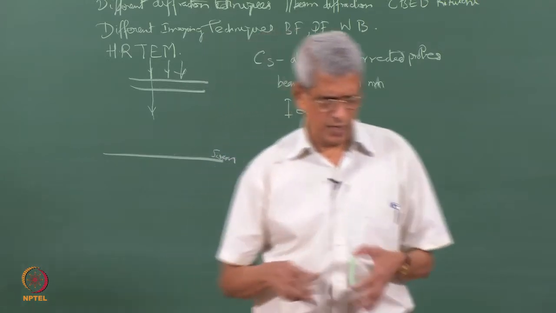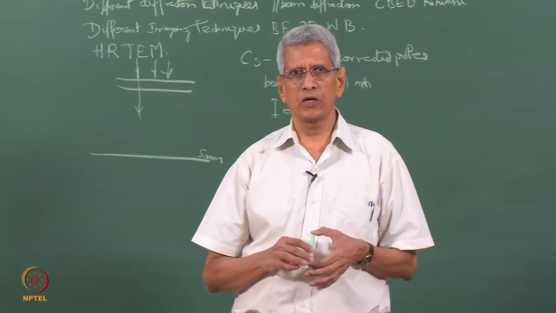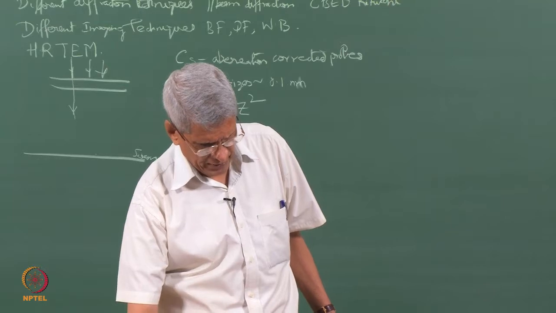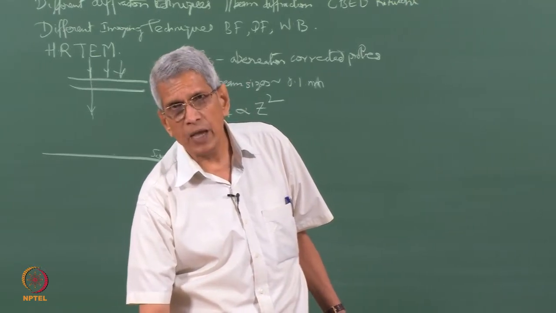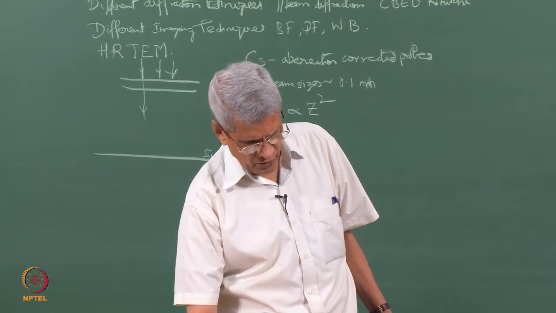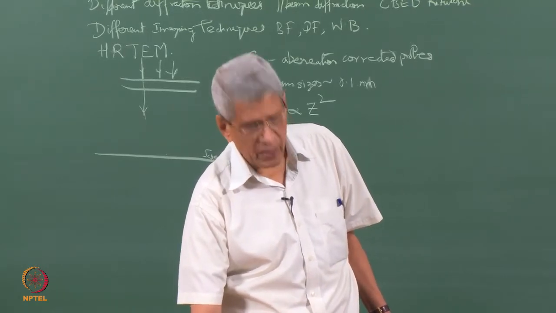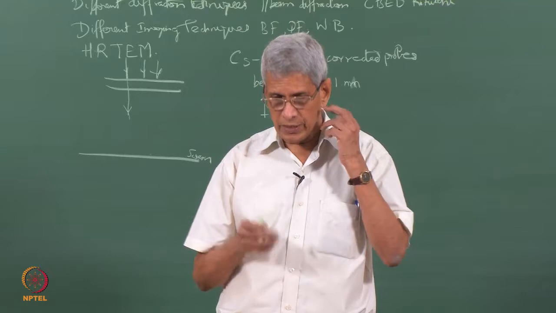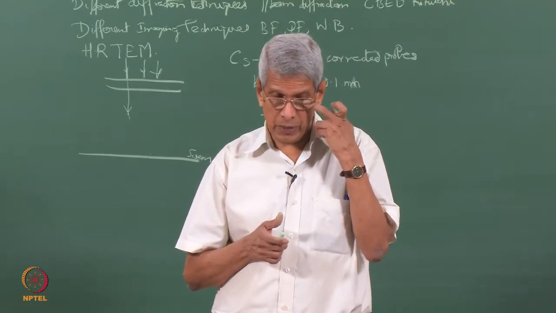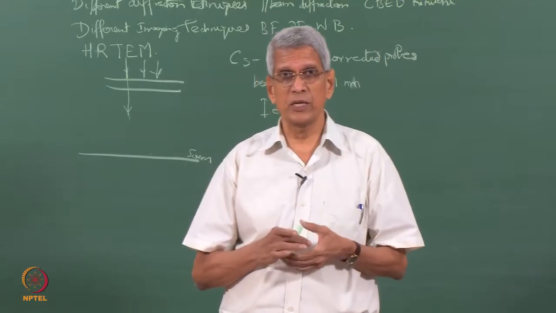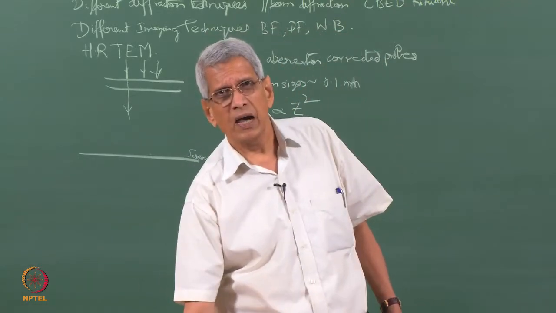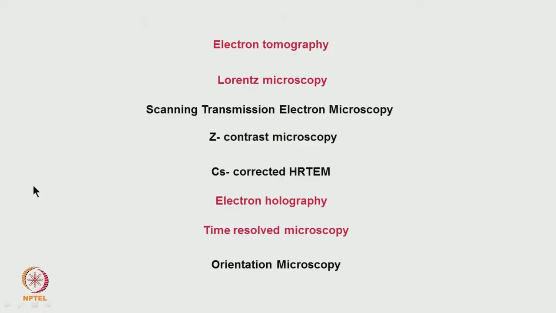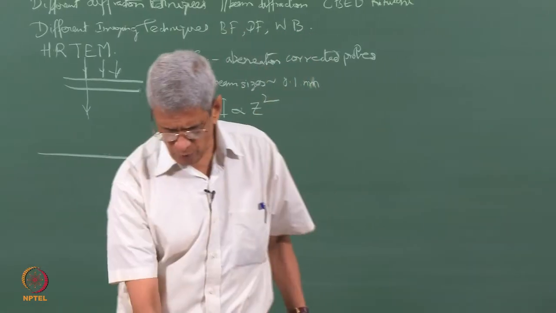Okay. Another type of microscopy which I will talk about is time resolved microscopy or dynamic electron microscopy, or we can call it pulsed electron microscopy. Okay. This also has a lot of applications which we will talk about. Orientation microscopy is one, like in SEM you know about EBSD is used to get information about how different grains are oriented. Similar information could be obtained in a transmission electron microscope also, and these aspects I have already covered. Okay. First we will talk about electron tomography. What is electron tomography?